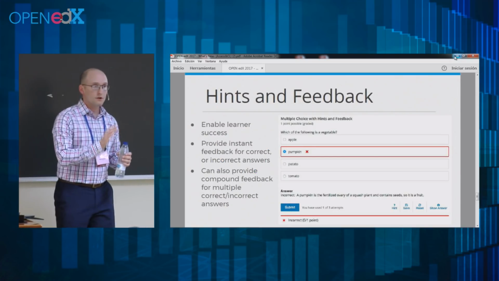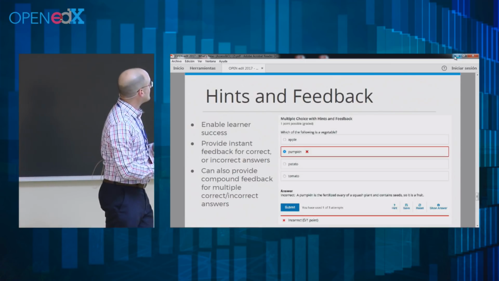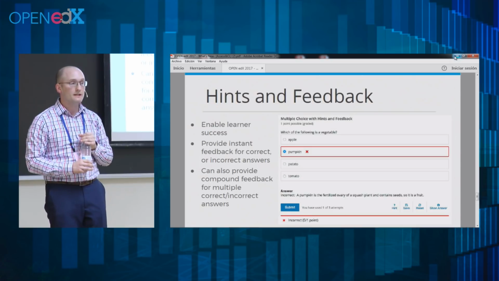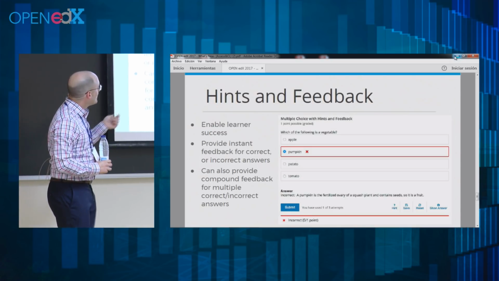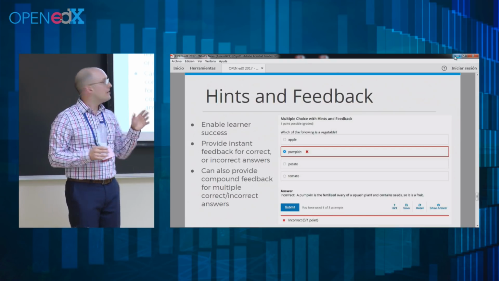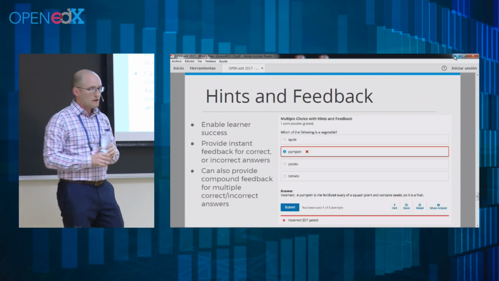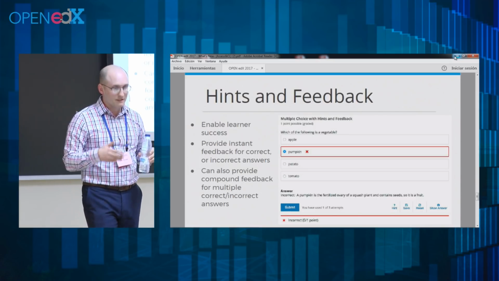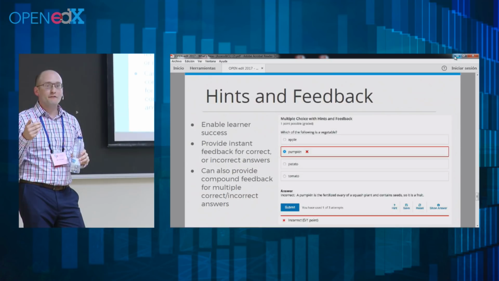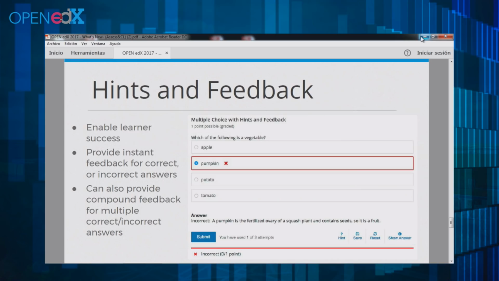Last couple items to note. There have been some updates in terms of the user experience and accessibility using hints and feedback. Your feedback can actually be quite robust. If you have a multi-checkbox response, you can give different feedback to a learner who picks A and C versus a learner who picks A and D, right? If that situation would be valuable for you in a formative type of assessment,